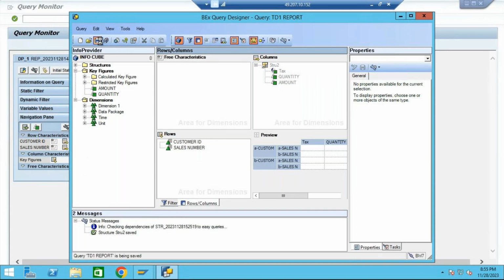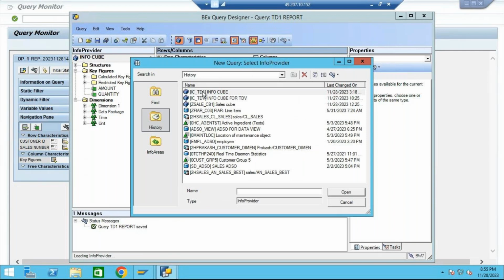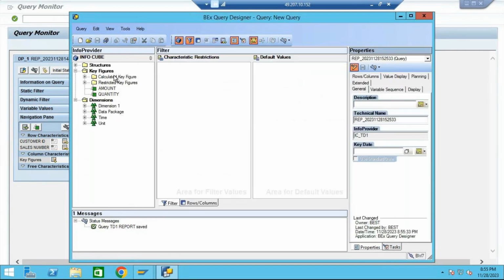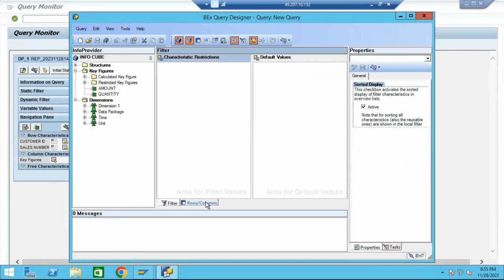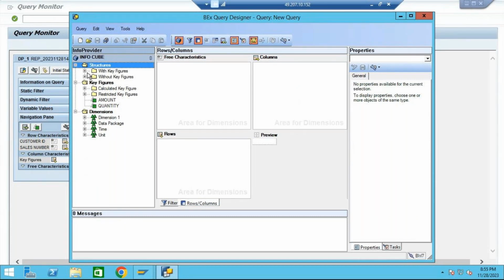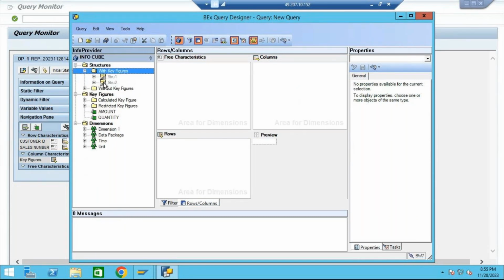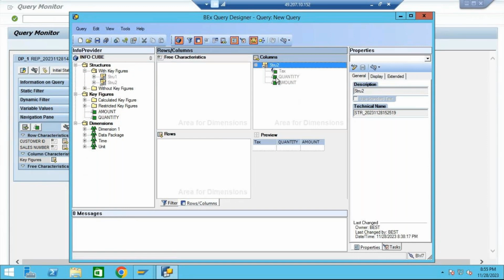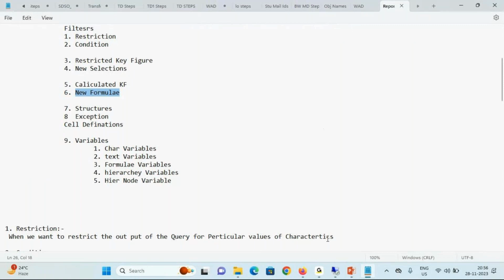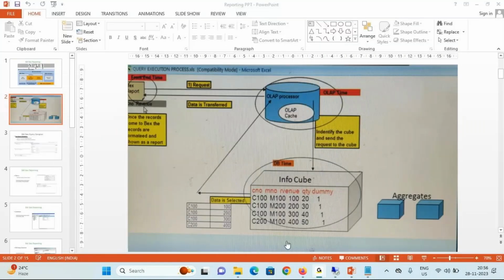So when you save this one and create a new query on top of the same cube, now the structure is available. Okay, so that is the difference between this new formula and